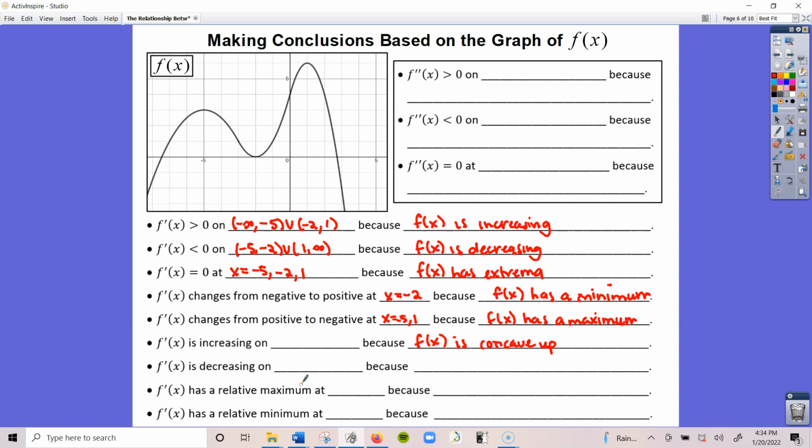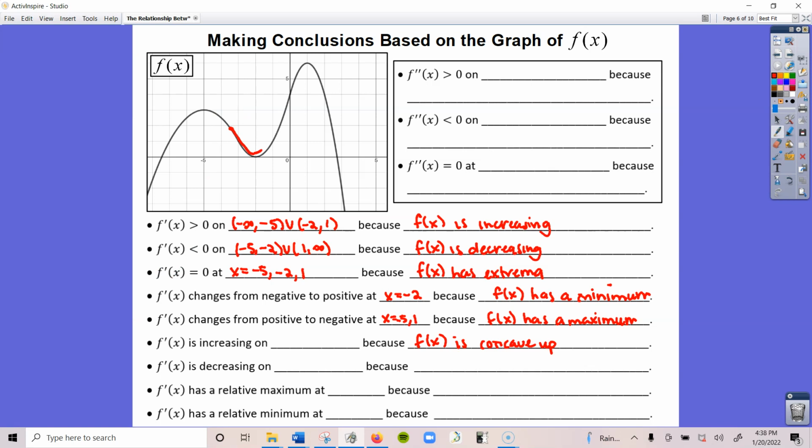Remember that your derivative will be increasing, decreasing, and have extrema depending on the concavity of your function, or rather depending on the sign of the second derivative. And the sign of the second derivative tells you the concavity of your function. So I'm going to look for when my function here is concave up. We're going to have to make kind of an estimate here. Would be, I would say, right around here,